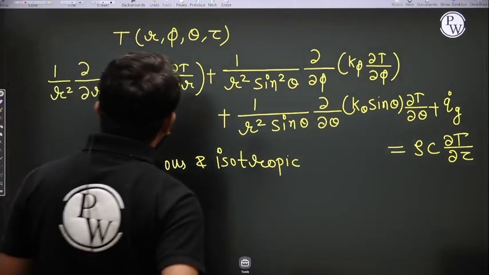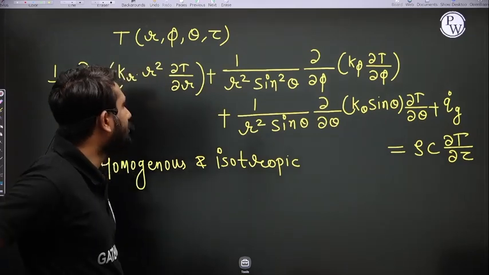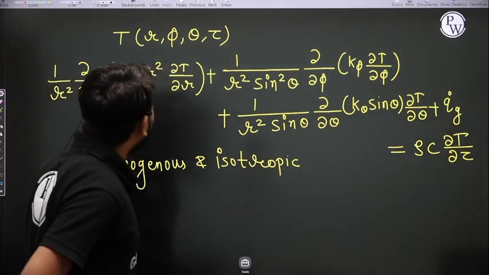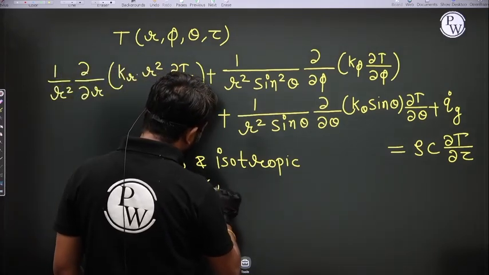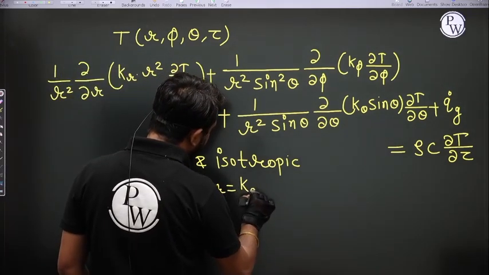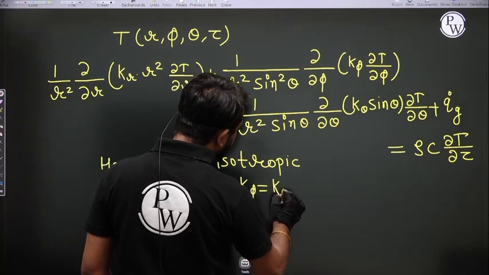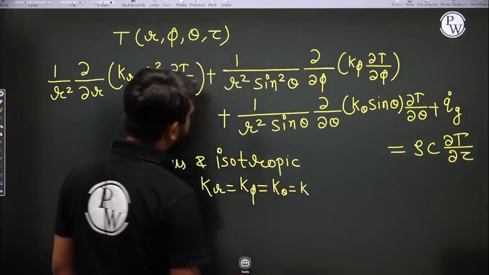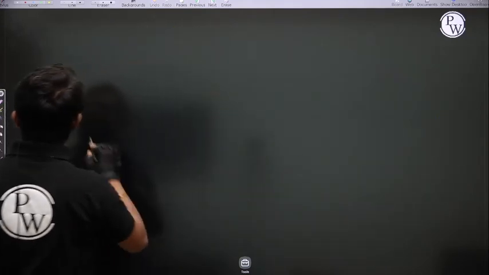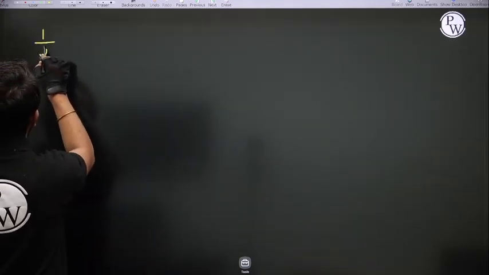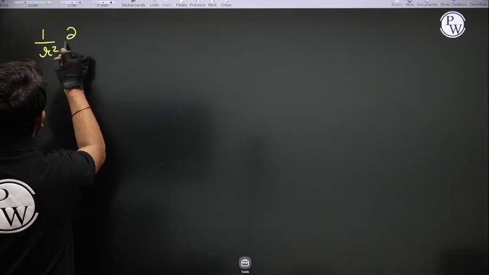So I write that Kr is equal to K phi is equal to K theta, which is equal to K. Right. So ultimately what you are getting is